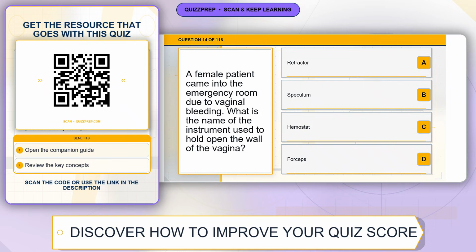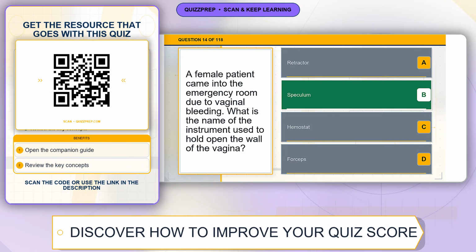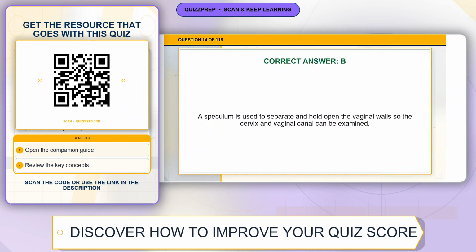What is the name of the instrument used to hold open the wall of the vagina? Option A, retractor. Option B, speculum. Option C, hemostat. Option D, forceps. The correct answer is option B, speculum. Explanation: a speculum is used to separate and hold open the vaginal walls so the cervix and vaginal canal can